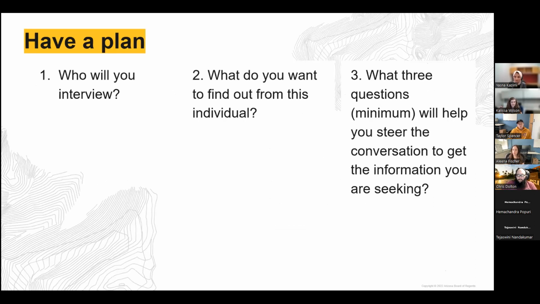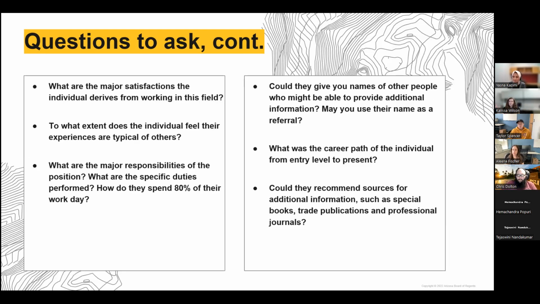I'll note with questions as well. I think that people are usually pretty good when you are coming to them as a student, asking them questions about their job and what they do. They're going to be pretty good at sharing information. And so you want to have questions ready, but then also just be willing to listen and take in the